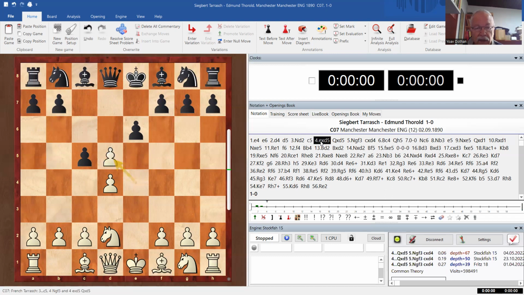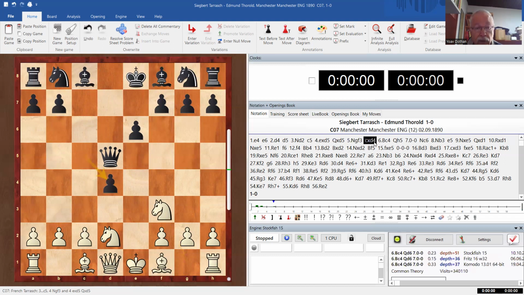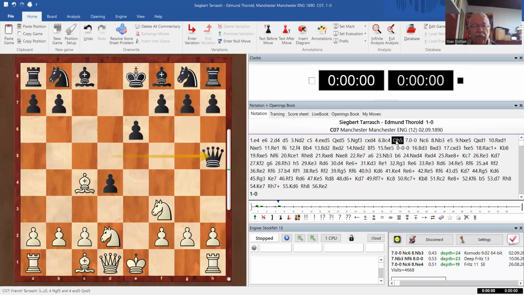White takes the pawn, and the queen takes the d-pawn. White plays knight g to f3. Black takes the queen pawn, which is of course only temporarily taken by black because he cannot hold it. And bishop c4 immediately harasses the queen. The queen goes to h5,